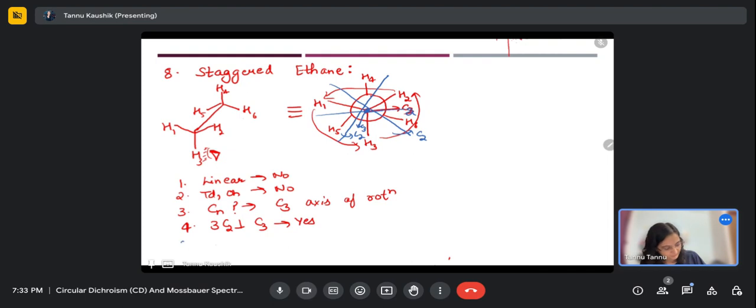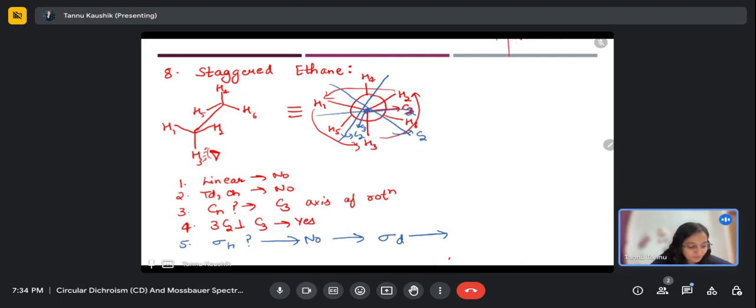Okay. So next is, do we have a horizontal plane? No, we don't have a horizontal plane. Then we will check, do we have any dihedral planes, because we have three C2 axes. So we will have dihedral planes instead of vertical planes now. So yes, we have dihedral planes in the molecule,